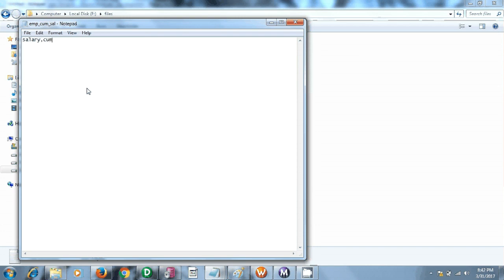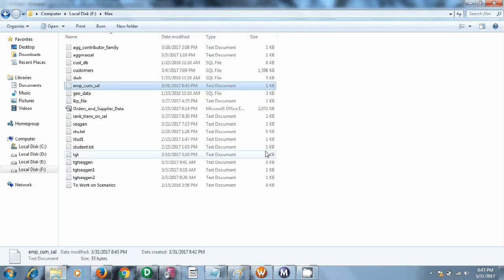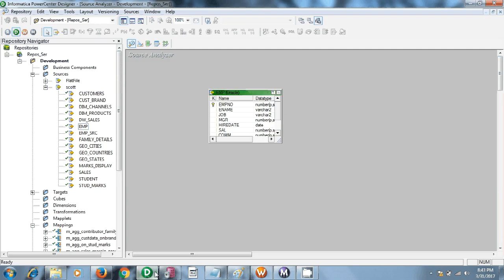Let's give some default data here. Save it.